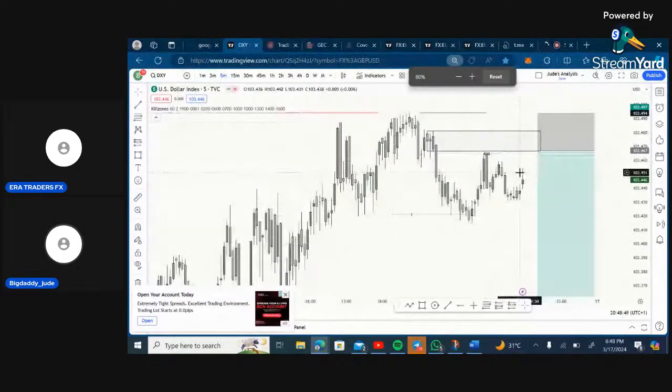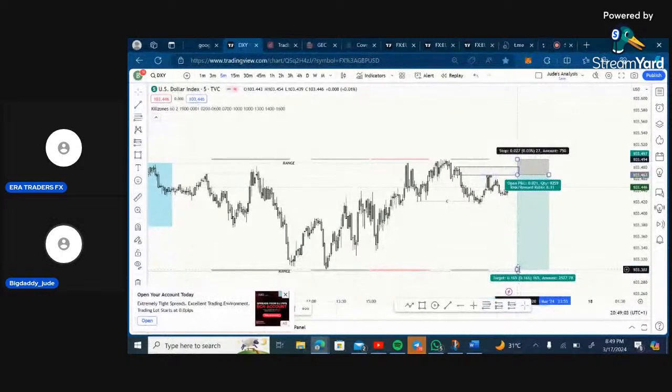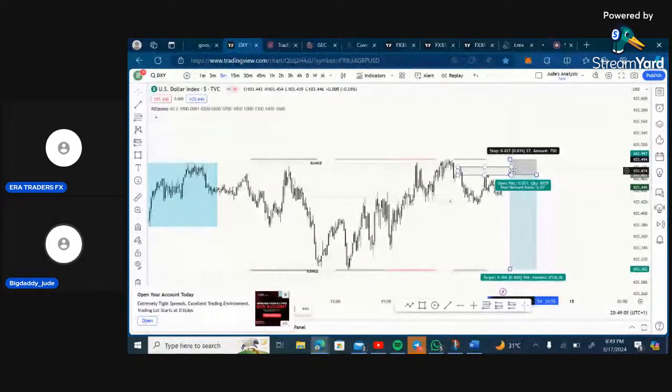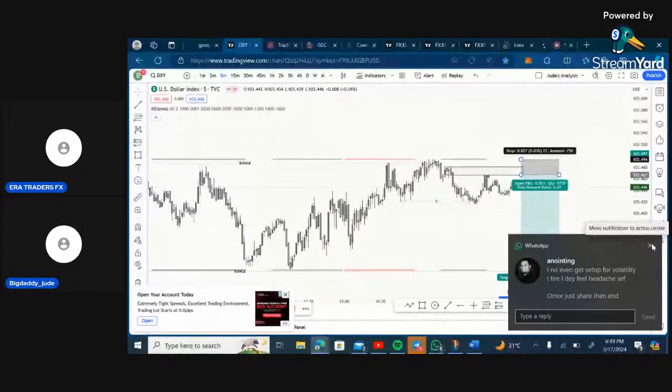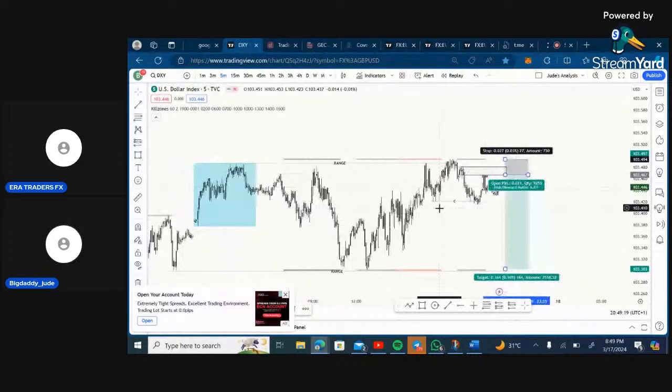So price may want to tap into this inducement and sweep this inducement in form of liquidity. After a liquidity sweep, then you want to see that nice downward push, right? And you target a previous low because liquidity also resides in previous lows. So after this push and a break of this range, so after this sweep here and a breakdown of this range, you want to see price trading into this